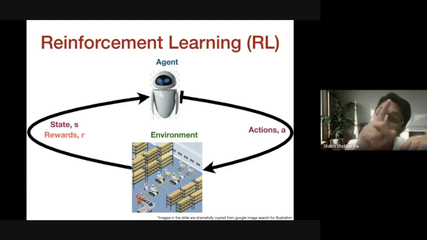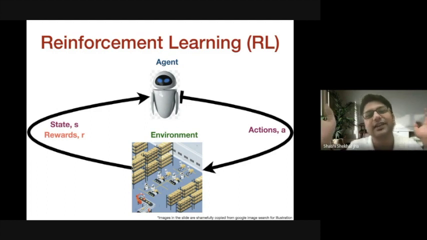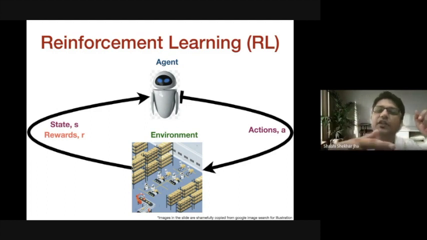However, the agent can also decide on an action to move backwards 2 steps, because initially the agent doesn't know which actions are better, right? And if it decides to move backwards 2 steps, and then it checks the distance to the destination, the distance has increased, that can again be given as a reward, but it will be a negative reward. So rewards could be positive, rewards could also be negative, right? And it is these rewards and the state that help the agent to improve. Now, how this whole improvement happens is what we are going to study today.